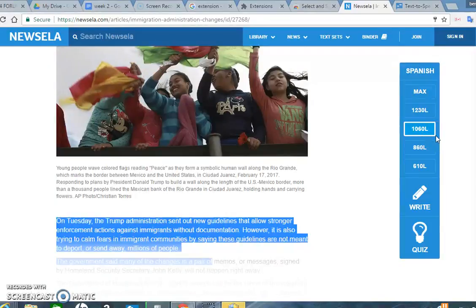On Tuesday, the Trump administration sent out new guidelines that allow